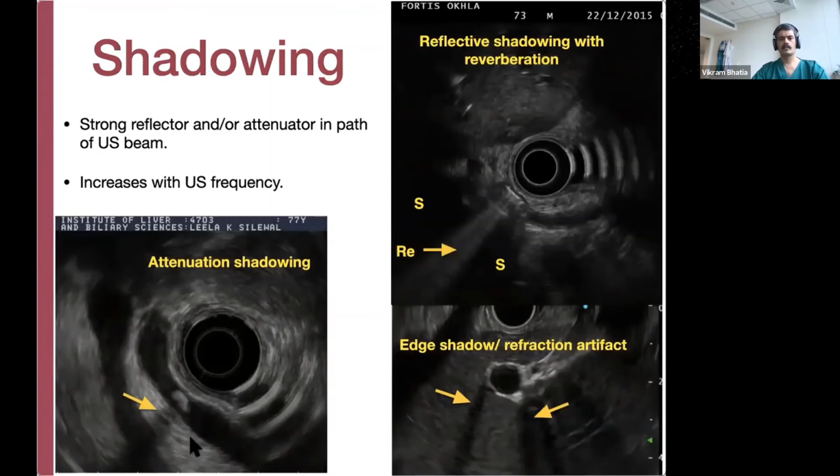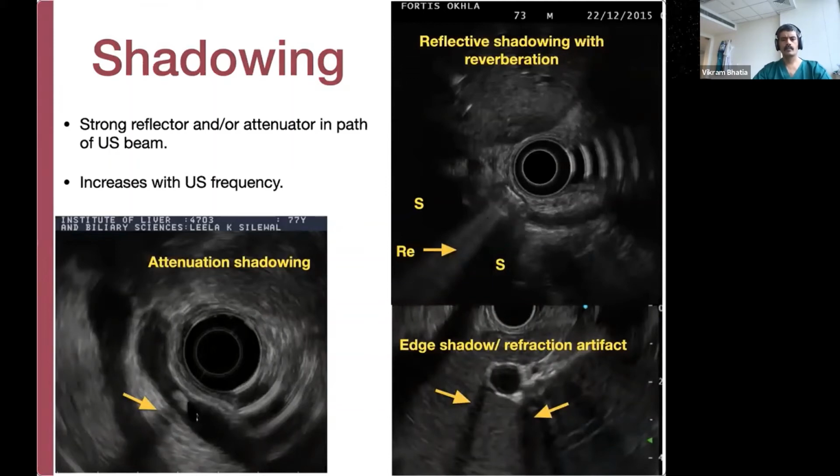So the air bubble seen in this image acts like a strong reflector at the interface. All the ultrasound beam is reflected, and the interface of the air bubble appears white. There is also a vibration of the interface of the air bubble itself, which leads to reverberation artifacts, which partly fill the shadowing, giving rise to a dirty shadowing, what distinguishes an air bubble from a stone.